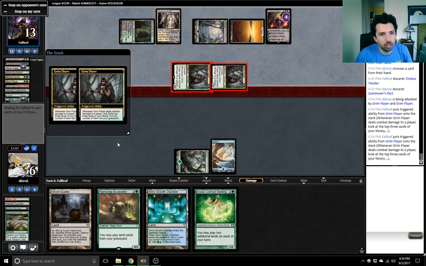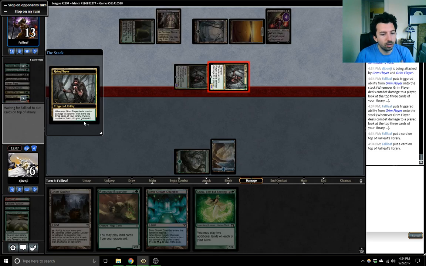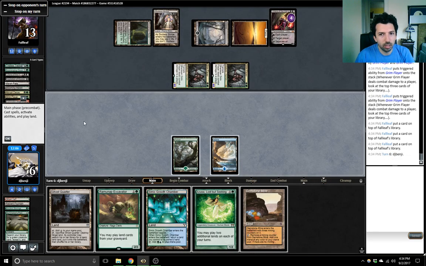And I think that just about does it. No matter what we do here, we can't win. We can play Azusa, bounce lands, but we can't get back a Ramunap, and we need something to block, and they have trample, so they go up to 8. Because otherwise I can play Ghost Quarter, Ramunap. I won't be able to play the next card, so...